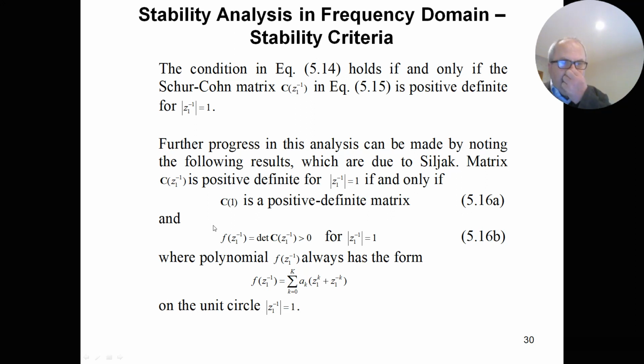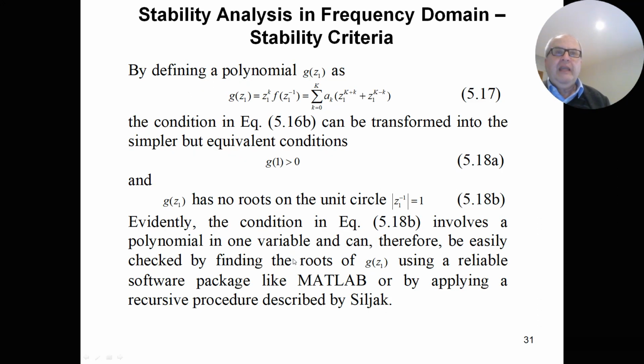C1 is a positive definite matrix, and the determinant of F at Z1 minus 1 is positive for Z1 with absolute value equal to 1. By defining a polynomial G(Z1) as this, the condition in equation 5.16b can be transformed into the simpler but equivalent conditions